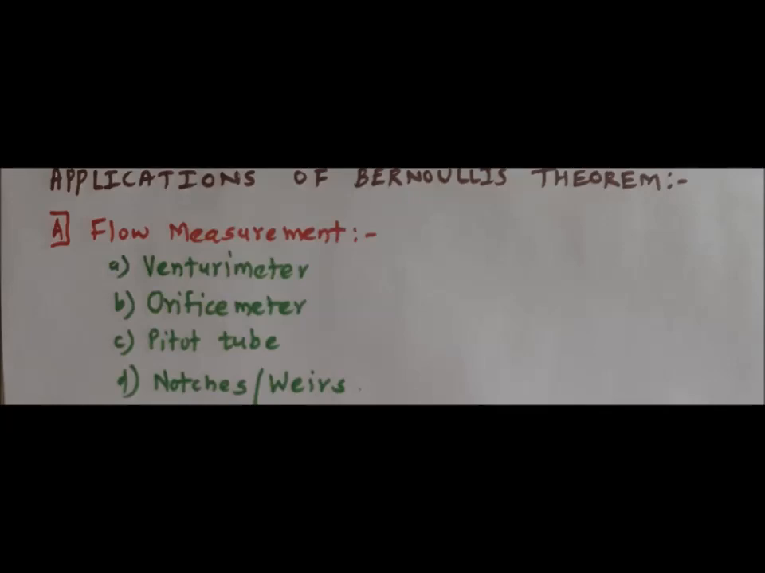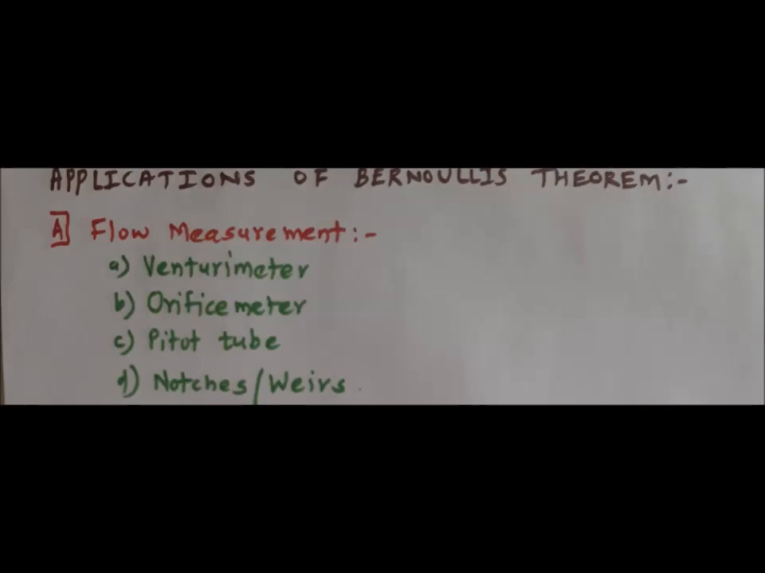The third one is a pitot tube. It can be used for the measurement of flow through pipes, as well as flow through rivers or open channel flow. So it can be used for flow measurement of internal as well as external flow. The fourth one is notches and weirs. Notches and weirs are the same in shape, the only difference being that the size of a notch is less than the size of a weir. These are sections made at the discharge points on the discharge walls, so that the